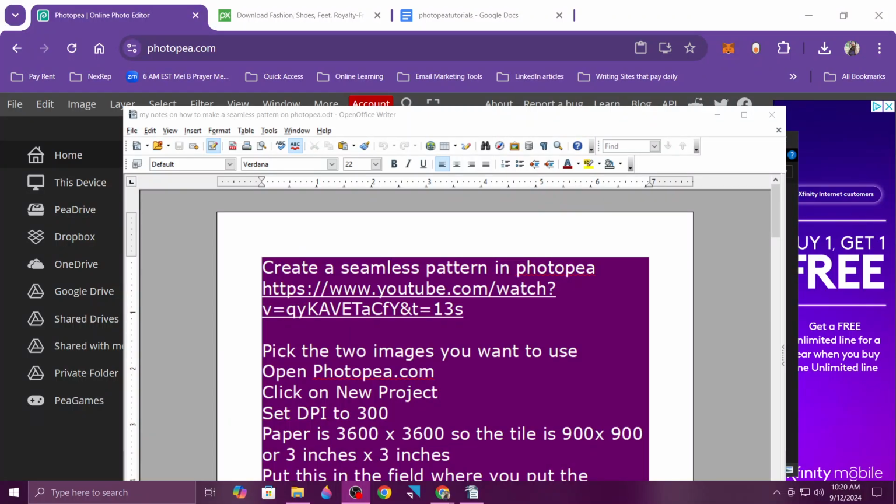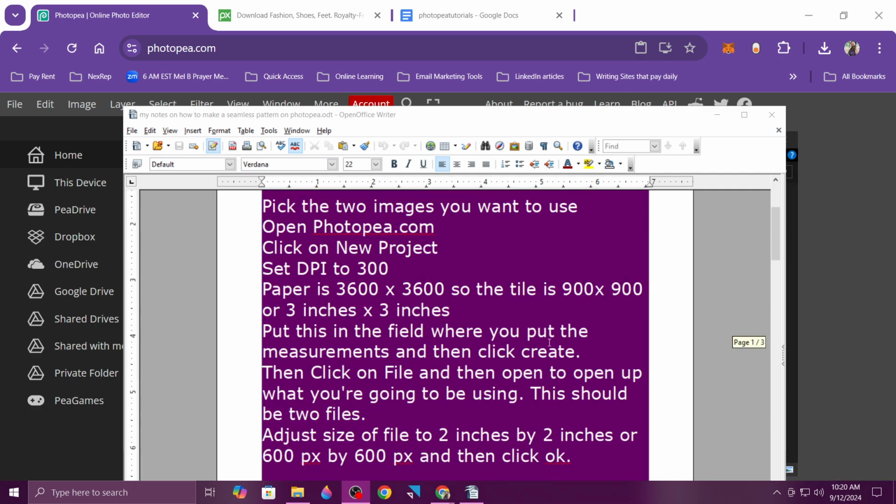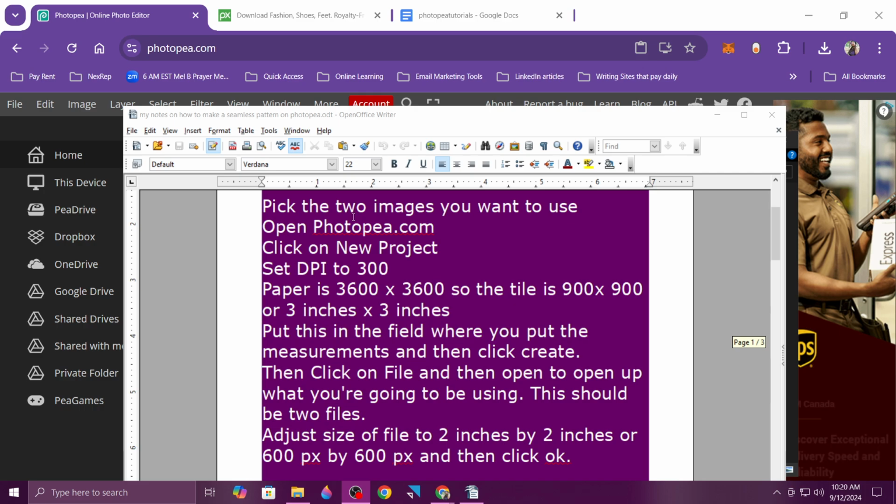In this video, I am going to be creating a seamless pattern using Photopea. So the first thing that you will need to do is make sure that you know which two images you want to use, and then go to photopea.com. You're going to click on New Project,